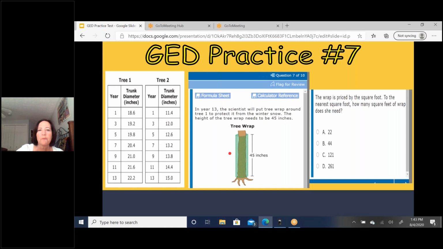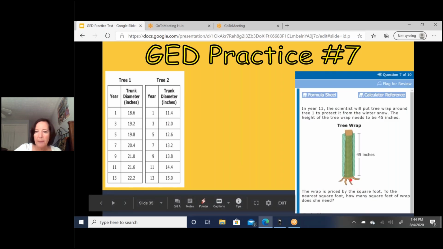Okay. So basically, what we're doing is, again, we're looking at tree 1. So we're only focusing on the data for tree 1. We're going to put this green piece of mesh. And we need to think about, if I'm buying this, it's not going to be circular, or it's not going to be a cylinder at the store. It's going to be a flat piece of mesh. And so when I cut it open, imagine that you're cutting that open and you're flattening it out. It's going to look like,